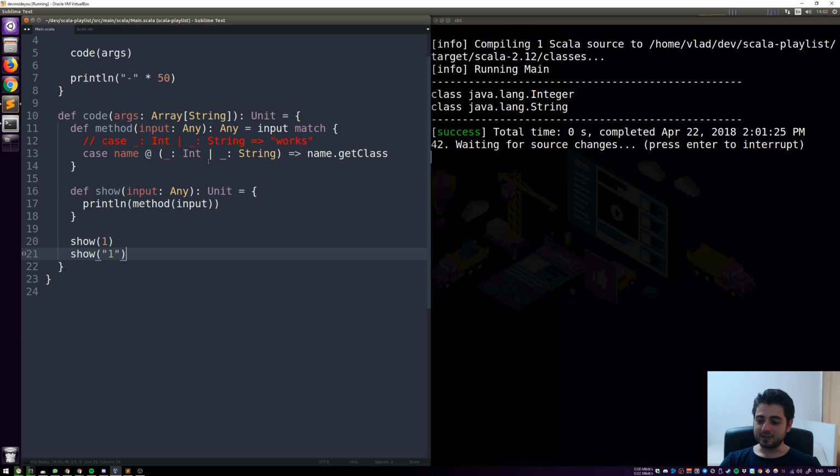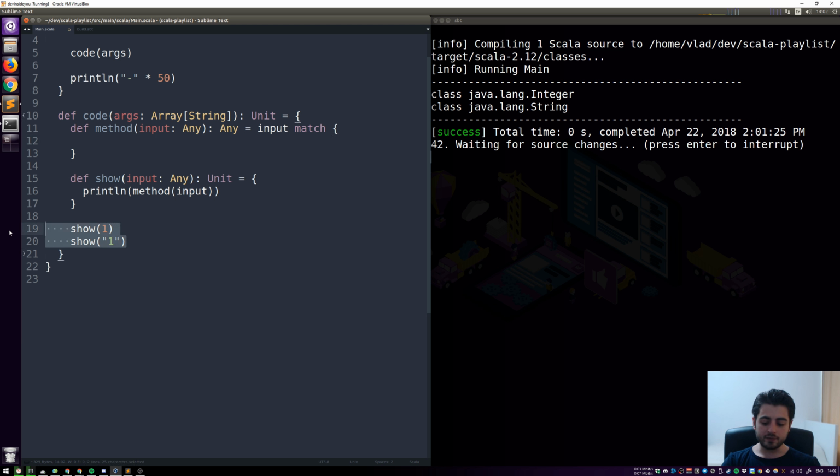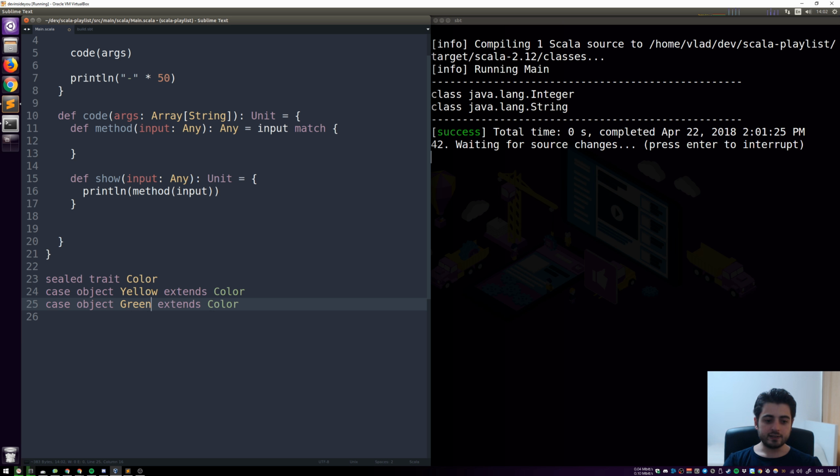All right, the last thing that we're going to talk about is how to get rid of exhaustiveness check warnings. So we learned a few videos ago, I don't actually remember in which one, that if you have a sealed abstract class or a sealed trait, like for example a Color, then you can have a bunch of objects or classes extending Color, like this one. So we're going to have Yellow, and we're going to have Green over here. So now if the compiler knows that what you want to pattern match on is Color